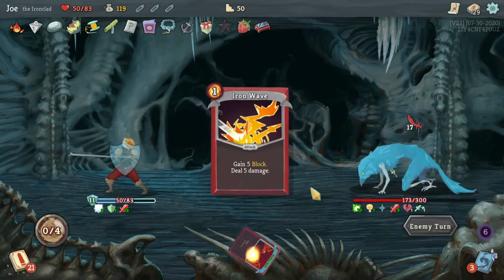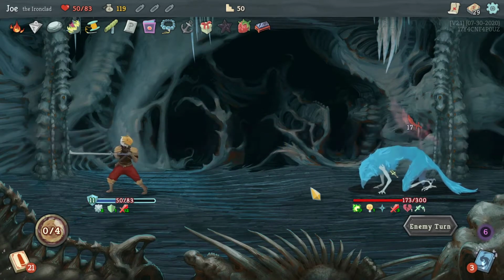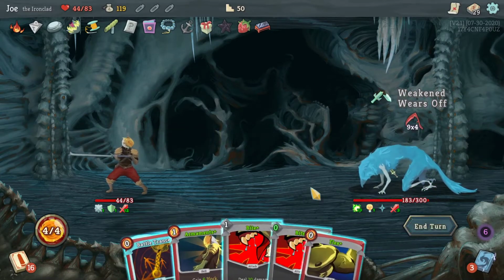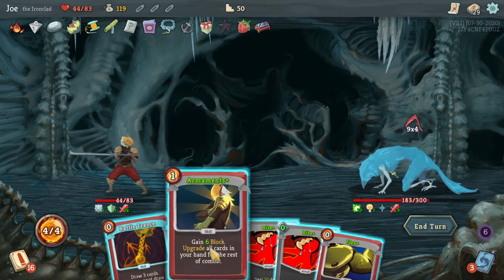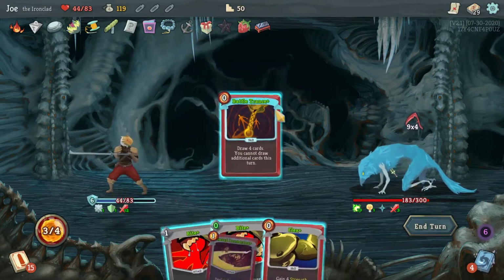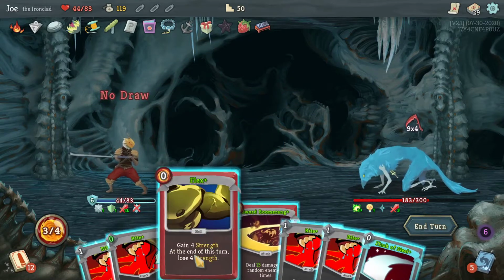I like Iron Wave. This is tough, because the Awakened One has a phase 2. You kill him once, he dies and comes back stronger, which is, I'm sure I do not need to tell you, bad. But it is. So I think